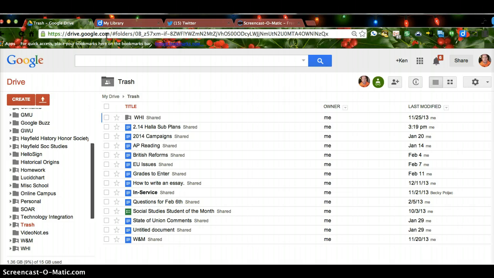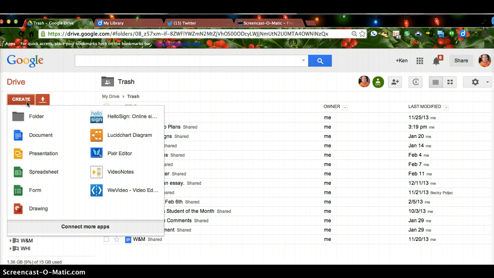If you're using your school account, you have to type your username, in my case khala at fcpsschools.net, with the three S's. Then your password, which is case sensitive, and you get in. If you're using your free one, you just use your login name and your password. You don't have to write anything. So once you get in, we're going to create a document,